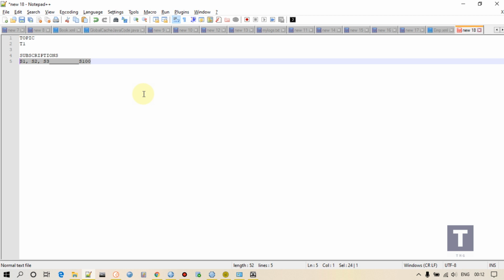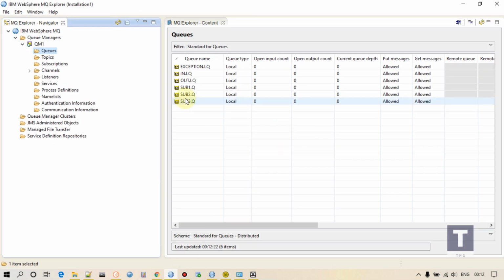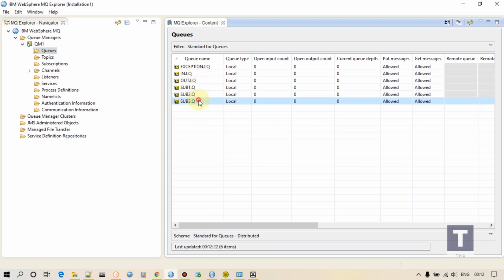So this is the concept of publishing and subscribing. Now we are quickly going to see a practical example. I am not taking an example of 100 subscriptions because it will take time, so I am taking just 3 subscriptions. For 3 subscriptions, I have created 3 queues.